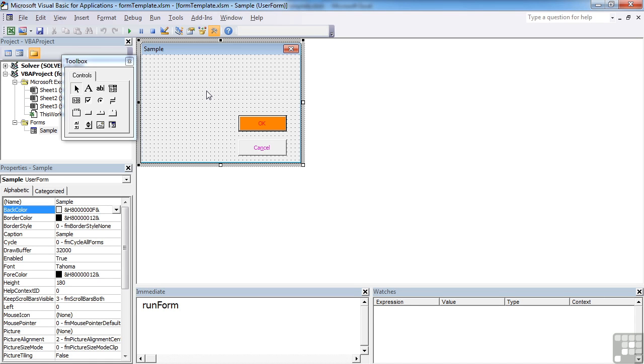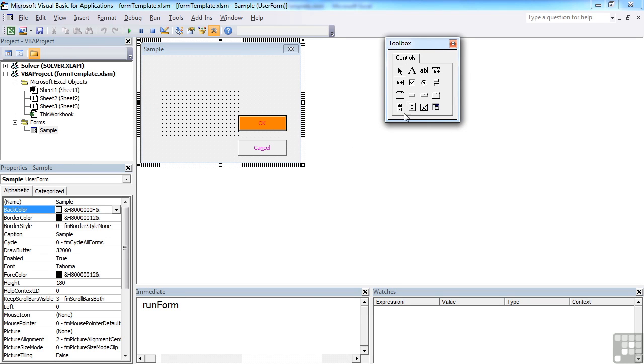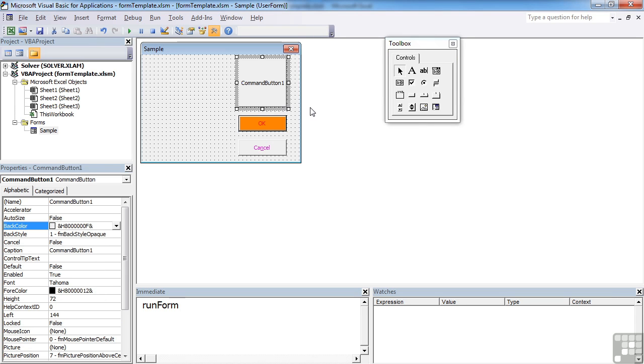which has all the outer trappings of our form. Now we can either add images to command buttons that exist, or add a new command button. And what that does is it gives you a command button, a clickable item that effectively goes in and out like a button, but with a picture on it. So if you want to add a picture to a command button, obviously the first thing you're going to need is a command button. So I select the command button, click and drag, there's my command button,